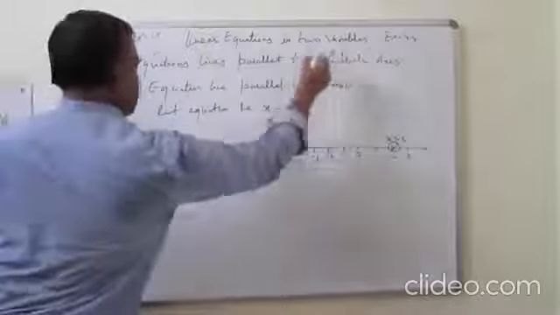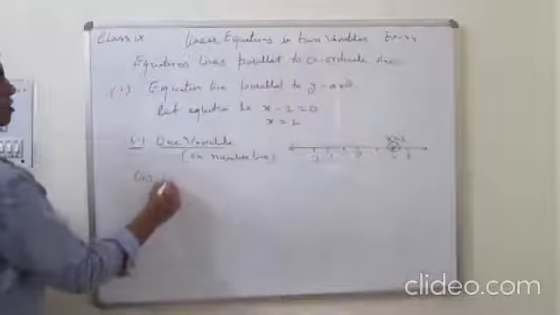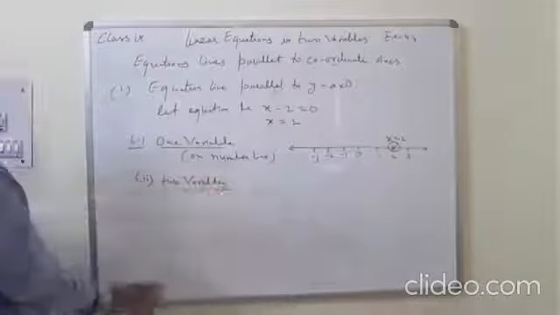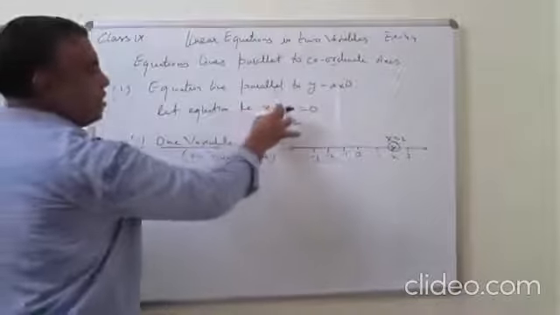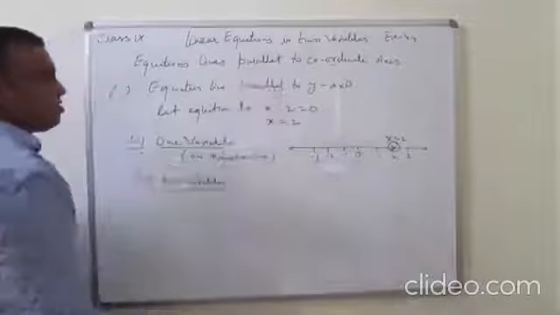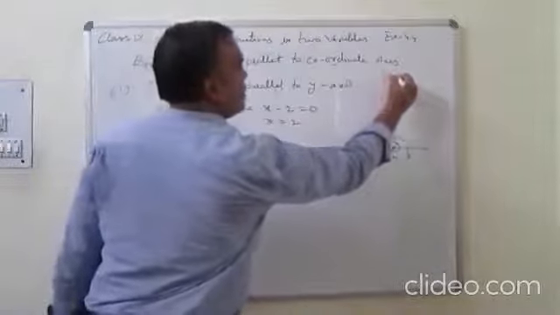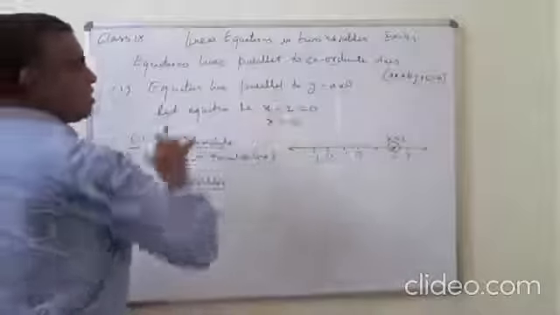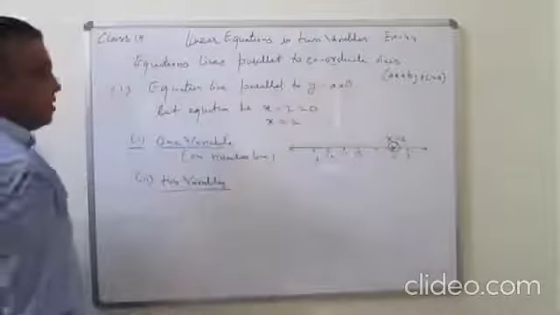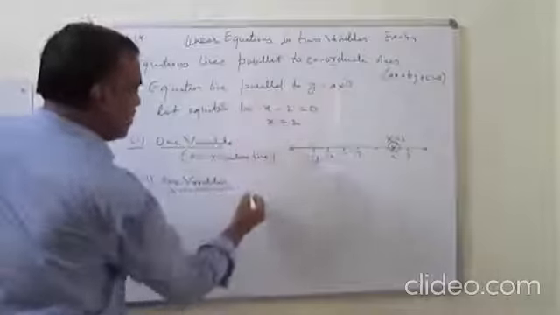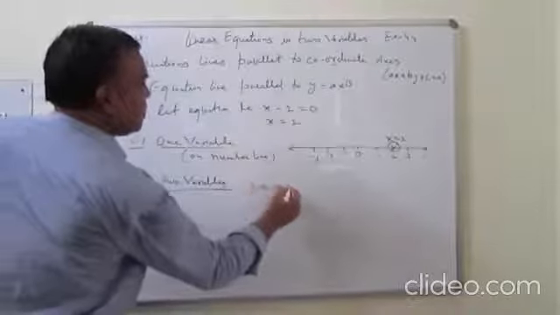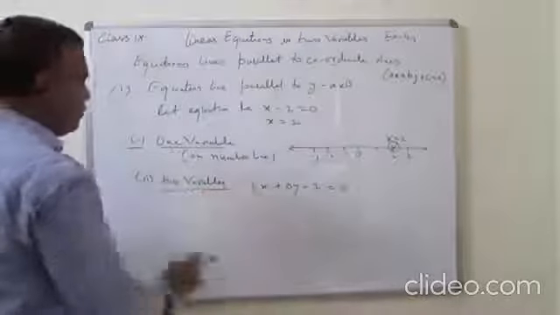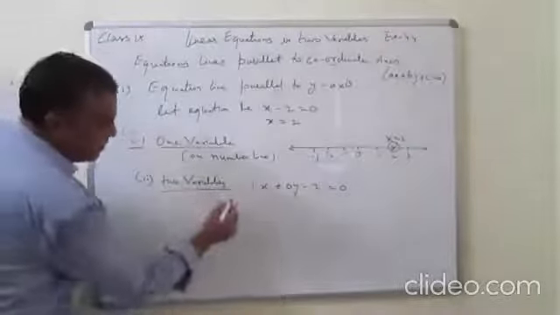Now in the coordinate axis, in the Cartesian plane, how will you draw in two variables? We can write the equation. Here y is 0, and the general form of equation is ax plus by plus c is equal to 0. So we convert this equation into this form. Here x is 1x, so you can write 1x plus 0y minus 2 is equal to 0. Now you plot this equation in two variables, that is in the Cartesian plane.